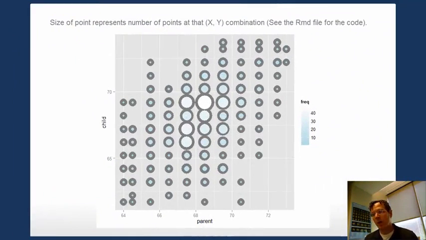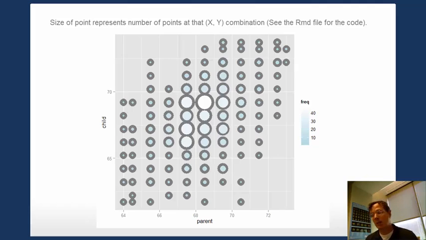Here I give a better plot where the size of the point represents the number of parent-child combinations at that particular xy location. Here, the color, a very light color, represents a frequency near 40, and a darker, bluish color represents a frequency toward 10 or down to 1 at specific locations. So the size of the point and the color of the point are representative of the frequency of parent-child combinations at that specific XY pair, and this is a much better plot because